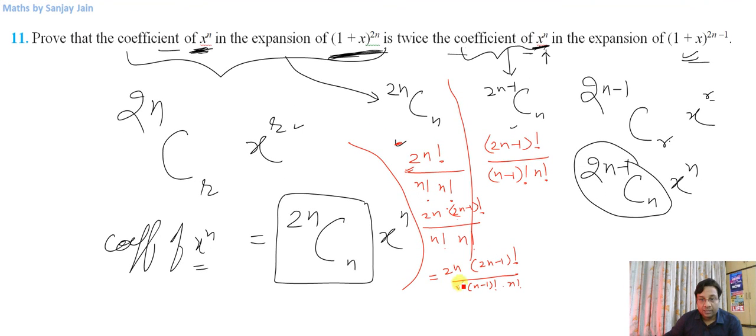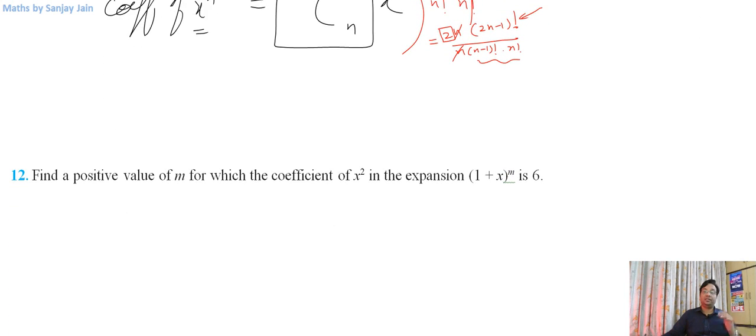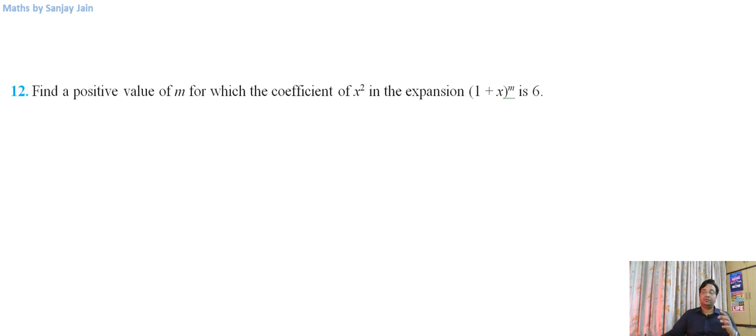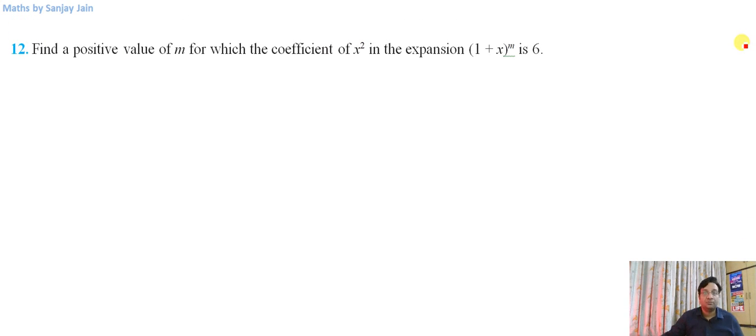So you can cancel one of these n's. Now if you see, the denominator is the same as this, the numerator is the same as this, but there is this extra 2 here. So obviously it is double of this, right? This is what you need to show. I hope you will be able to show it perfectly in your notebooks. I have not written it in a perfect manner, so I want you to write it in your notebook in a perfect manner, explaining each and every step.